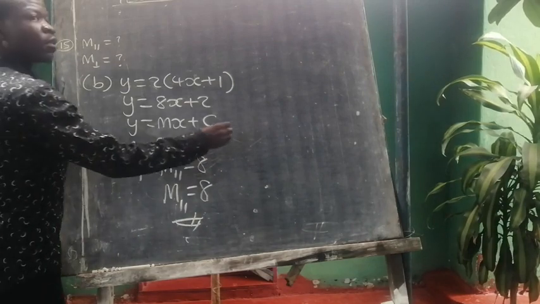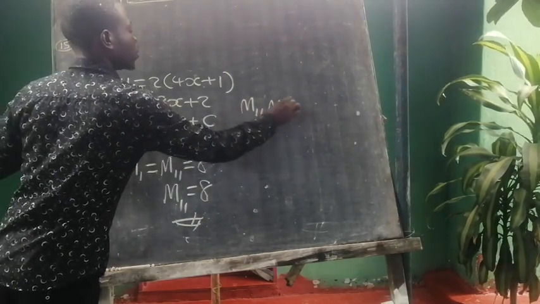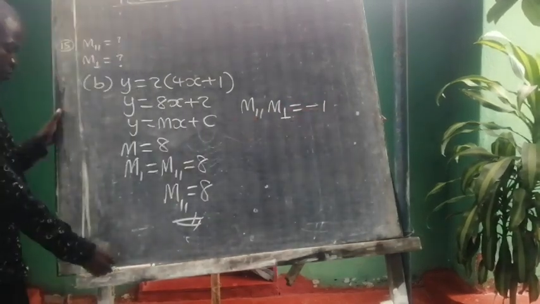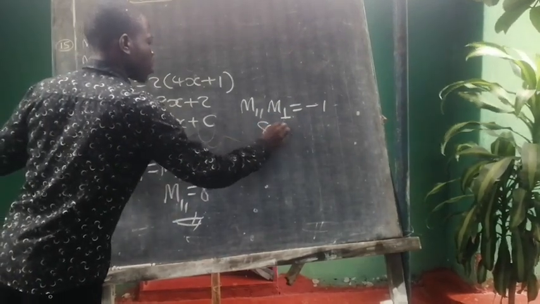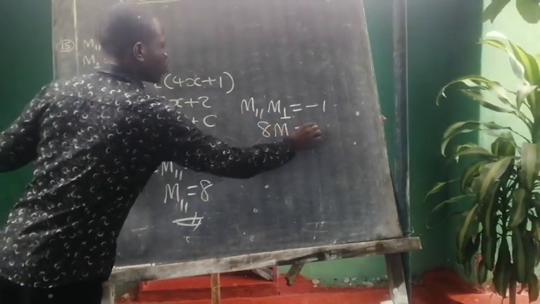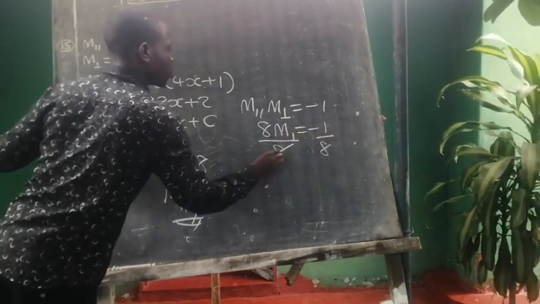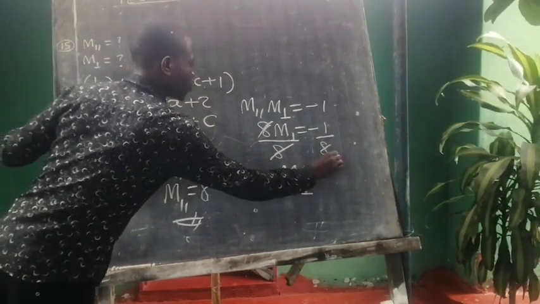We go to m perpendicular. m parallel times m perpendicular equal to negative 1. What is m parallel? So 8 times m perpendicular equal to negative 1. We divide both sides by 8. So this will cancel, and m perpendicular equal to negative 1 over